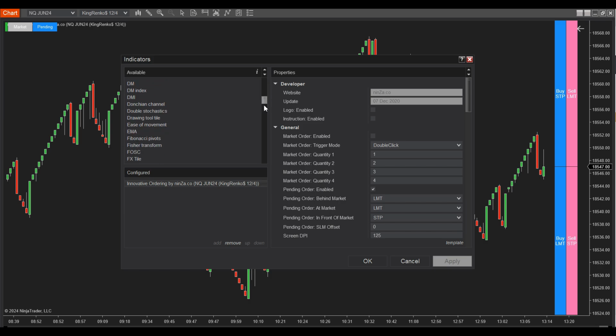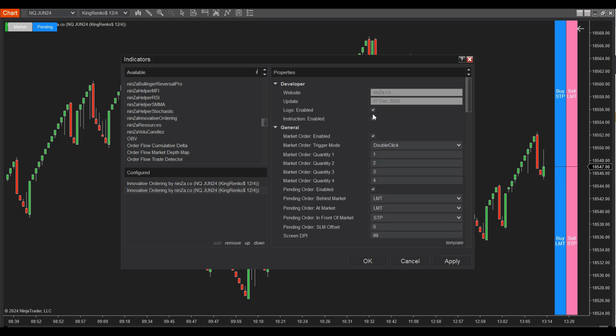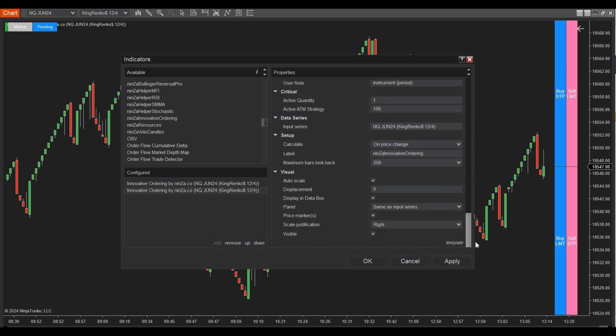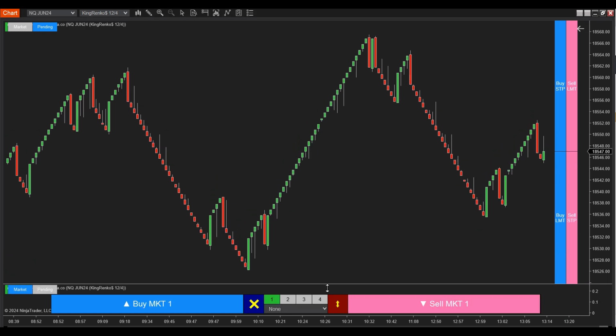and add an extra instance of innovative ordering. In the parameters of this new instance, disable the pending order. Then, scroll down to the panel section. Select New Panel from the drop-down list. This way you can use innovative ordering more conveniently without worrying about the market order board hiding the price during